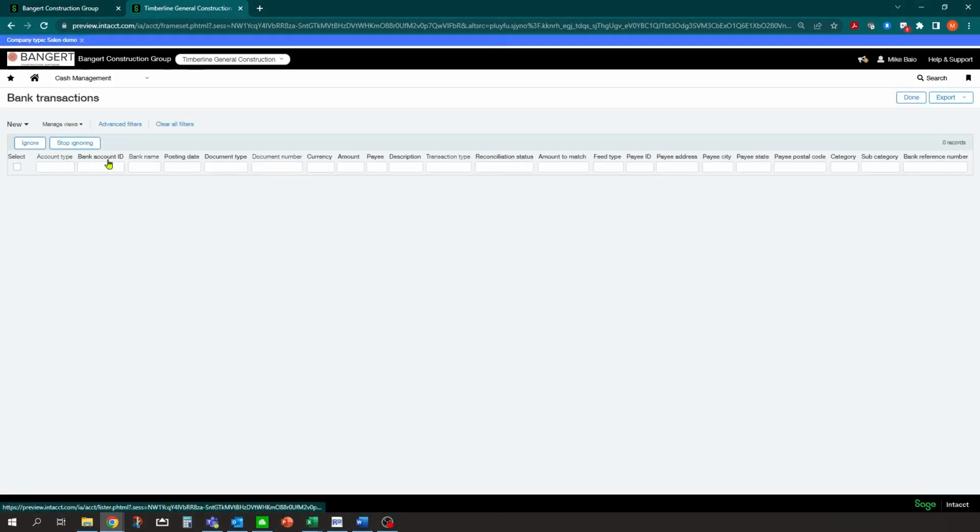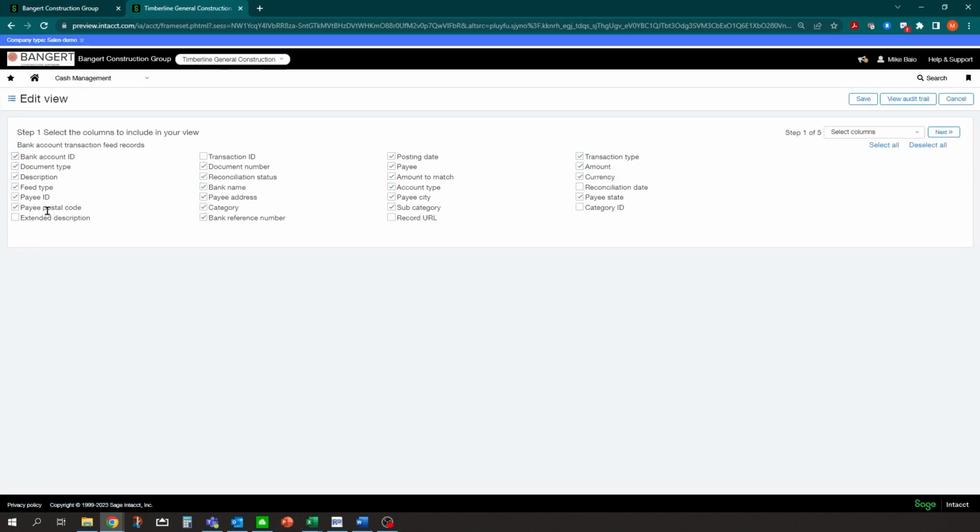So inside bank transactions now, I created a view, and unfortunately I don't have any transactions in my system, but there's a lot of new fields that you can add to your view, and when you drill down into your transactions, be able to see information such as a transaction category, subcategory, bank reference number, and payee ID. All of this payee address information pre-fills in now as well. And all I did here is, if you set up your views in the system, you can turn these on and off by going to Manage Views, Edit, and you'll see here once I get in, there's additional fields that you can now view on your bank feed transactional information.